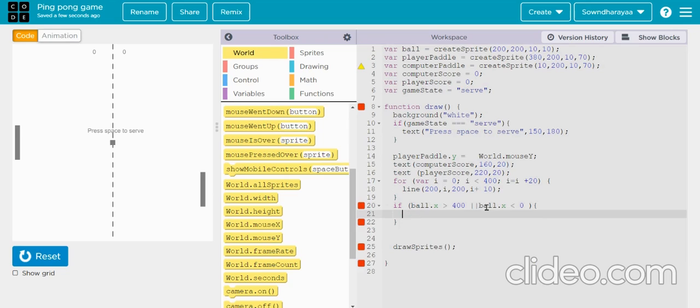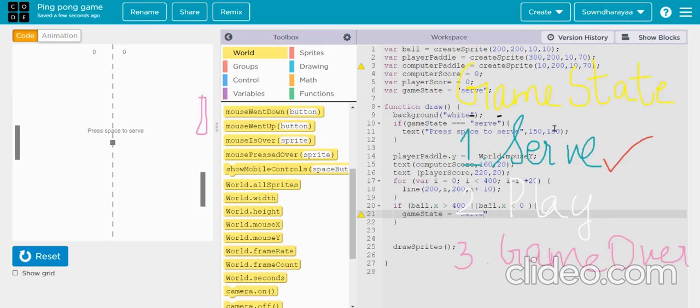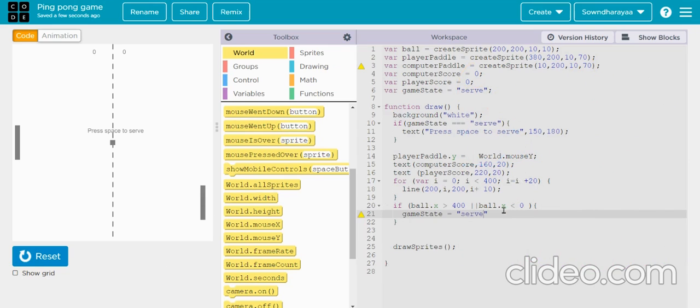Now the game state needs to go to the serve state. So I'll put game state is equal to the serve state. We know these three states. So when the ball is going there, it needs to go to the serve state and we need to play again. And then we also need to declare some points, right? So again inside that one, I will say if ball dot x is above 400, then